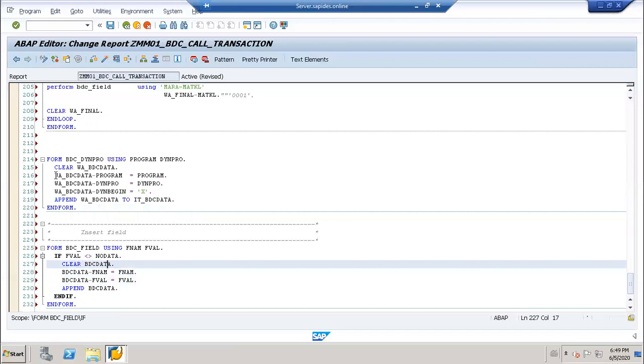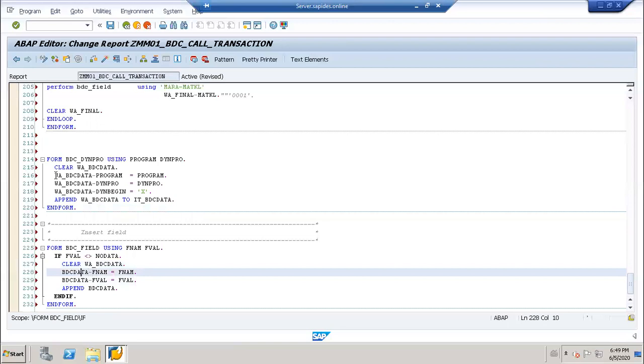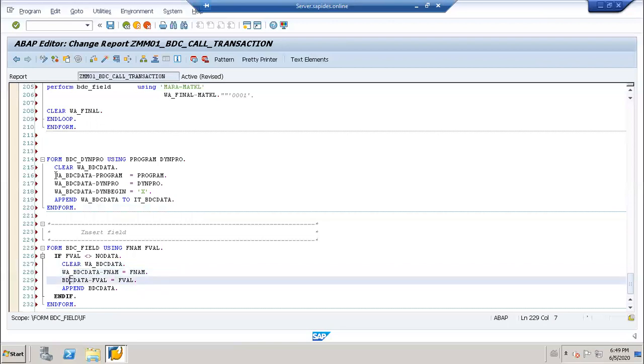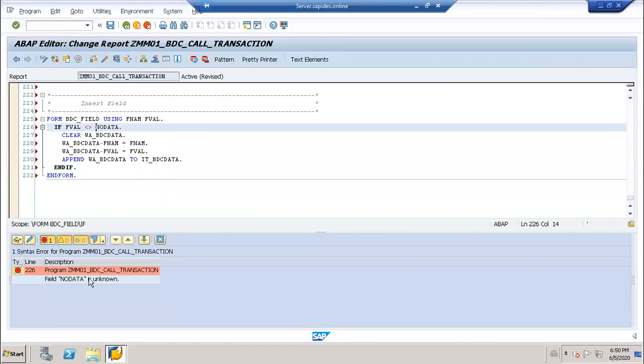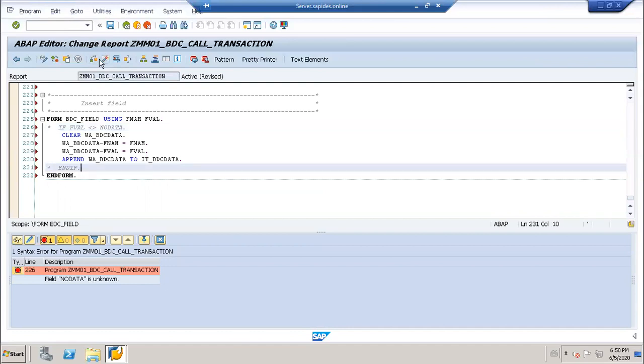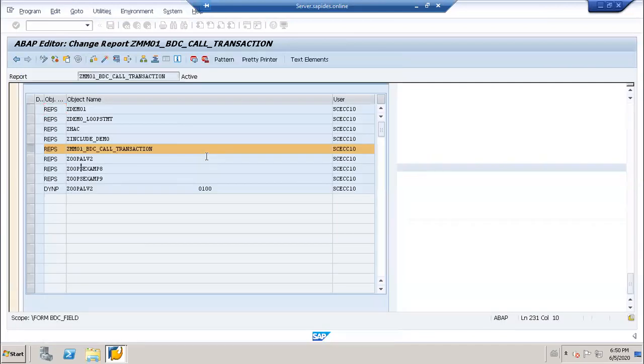Here also. Okay, got it. Just comment this. Syntax check. Okay. Everything is okay.